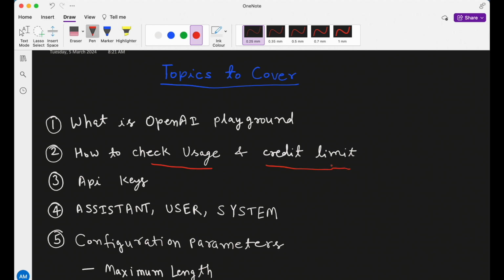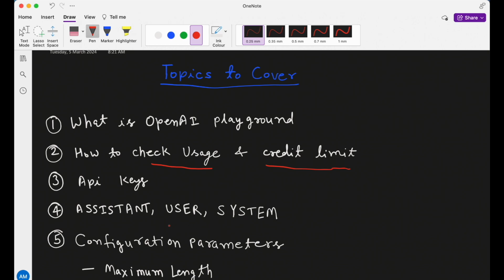After that, let's suppose we want to integrate different GPT models with our application. Then we will have to use the API keys, and through this OpenAI Playground we can create that API key and use it to integrate the application with any model. So I will quickly show you from where we can generate this API key, and the integration part we will see in some other video of this generative AI course itself. I will create a separate video where we will create the project, use that key and integrate any GPT model. So stay tuned for those.